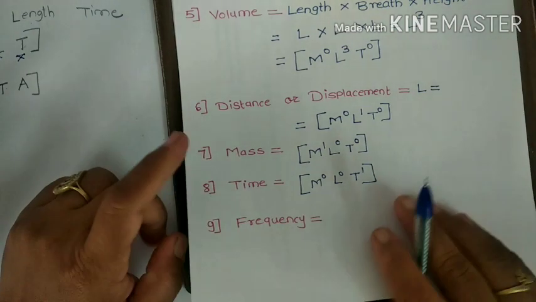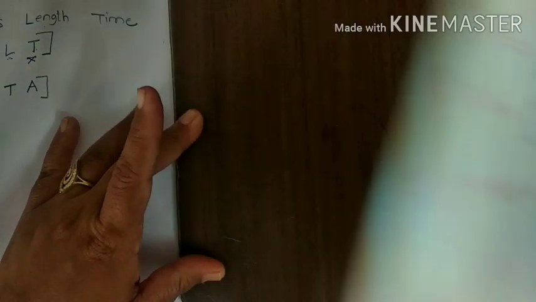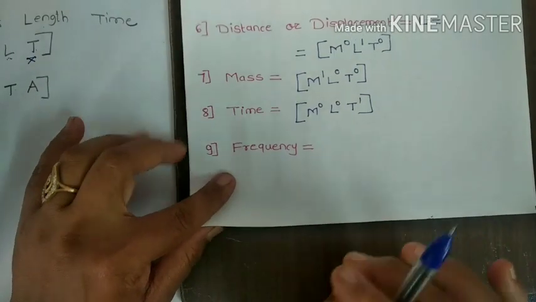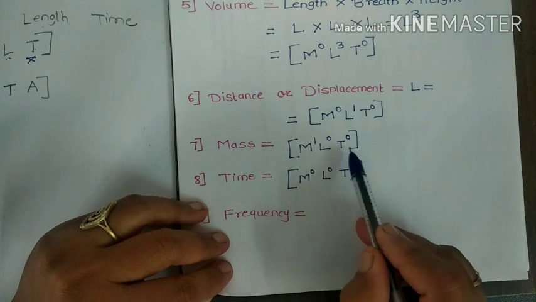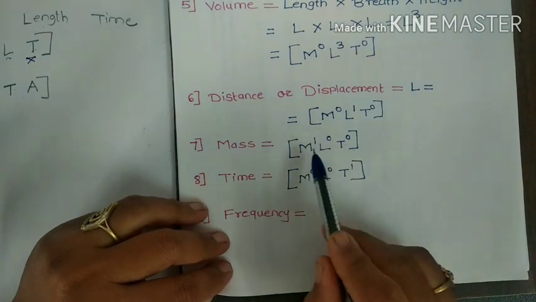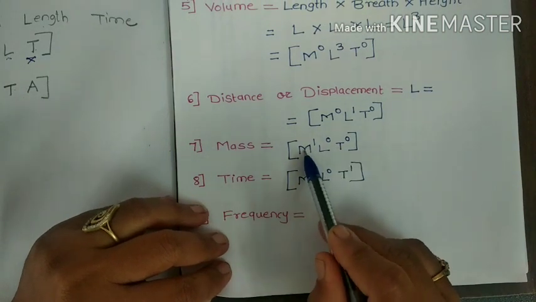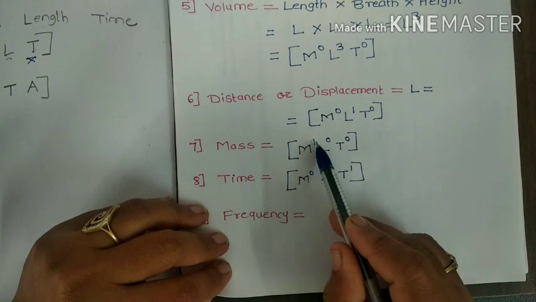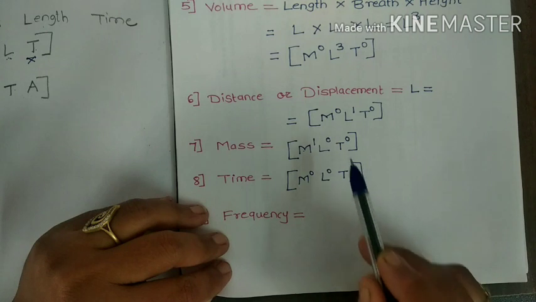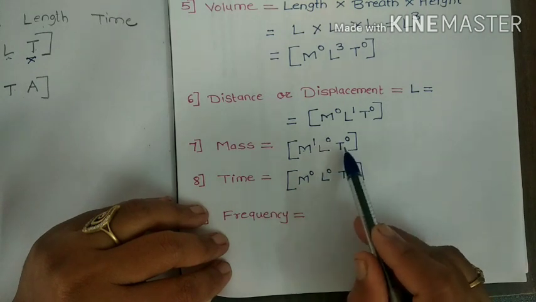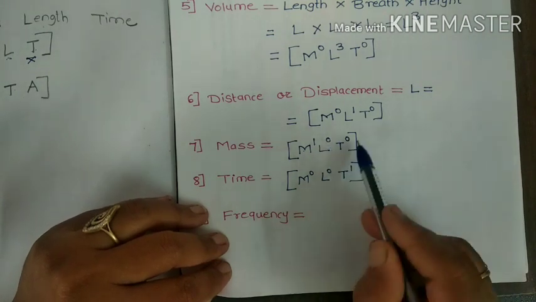है ना? कोणती पण फिजिकल क्वांटिटीचे डायमेन्शन्स फाइंड आउट करताना एवढं लक्षात ठेवायचं की तुम्हाला रिक्वायरमेंट काय काय आहे. आता इथे लेंथ आणि टाइम चं रिक्वायरमेंट नाहीये, फक्त तुम्हाला मास मेजर करायचं आहे. मग मास जर मेजर करायचं आहे तर ओनली M having raised to the power 1. There is no need of L and T. That's why that is getting 0, 0.